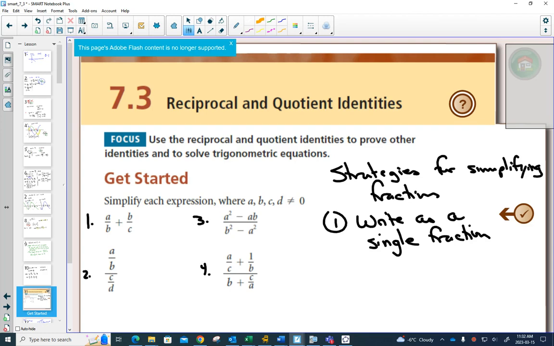actually only number 3 is a single fraction. Number 1 is adding 2 fractions. Number 2 is dividing 2 fractions. And number 4 has fractions inside of fractions, adding and dividing. So a key strategy for simplifying fractions is, do you know your fraction rules to write things as a single fraction? In other words, do you know your fraction rules for adding and subtracting, multiplying and dividing? Secondly,